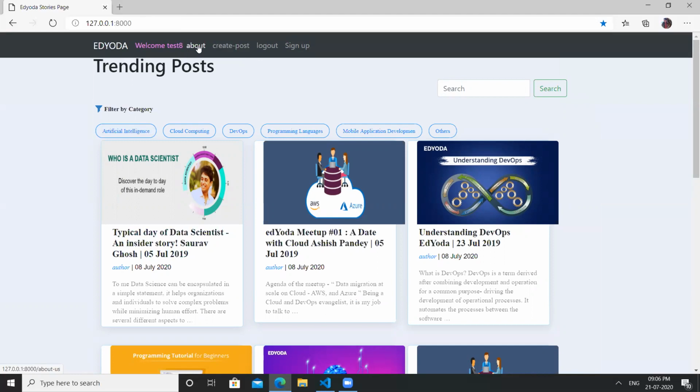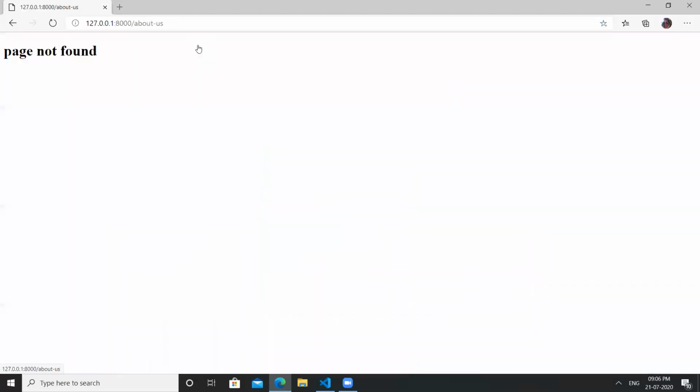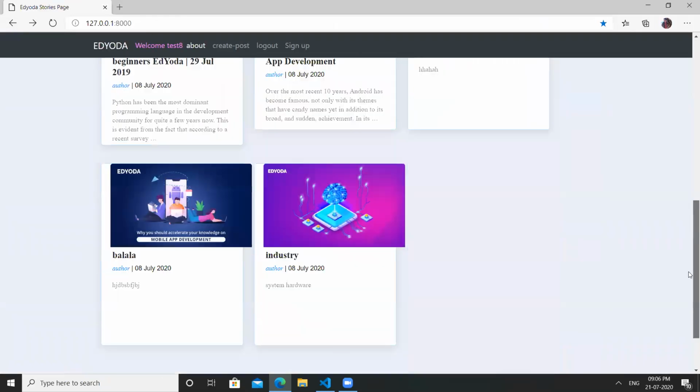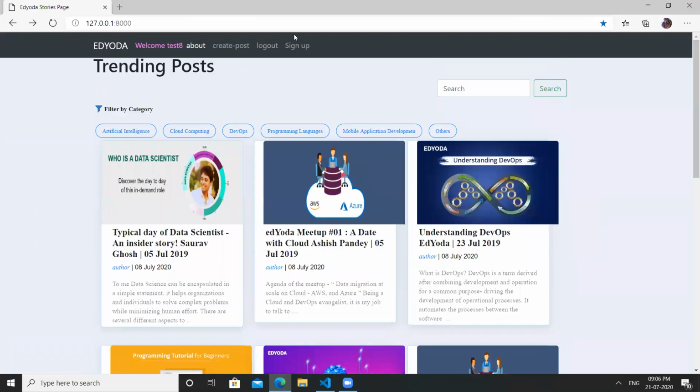If we want to know about the about page, I gave a temporary template for it, so it responds with page not found, and we have several applications. Creating is not only related to the user.